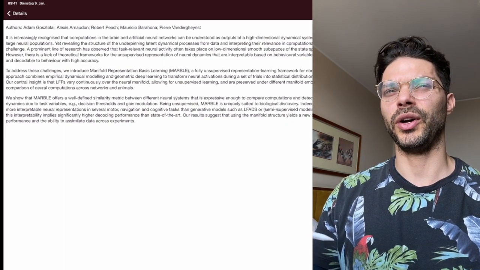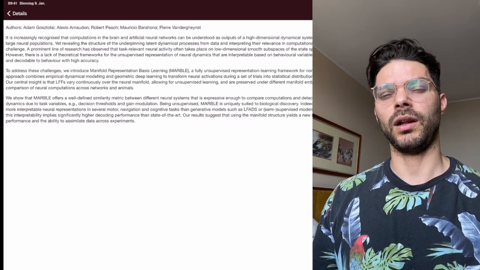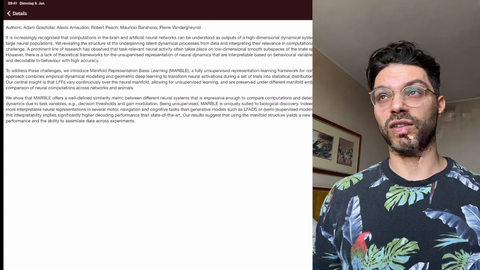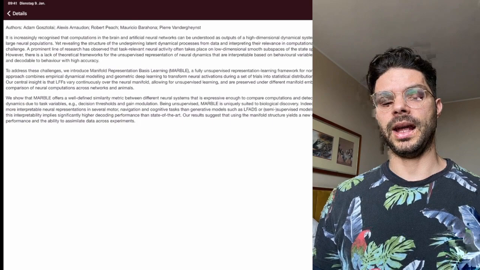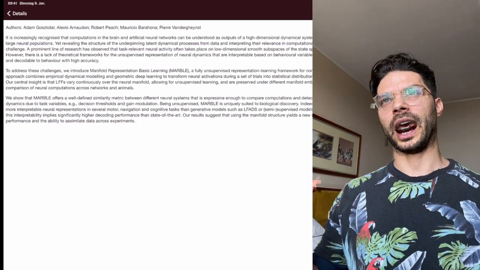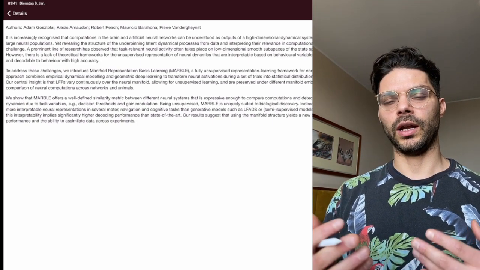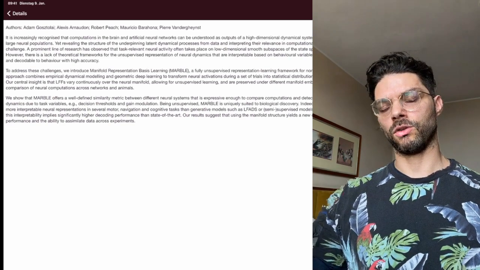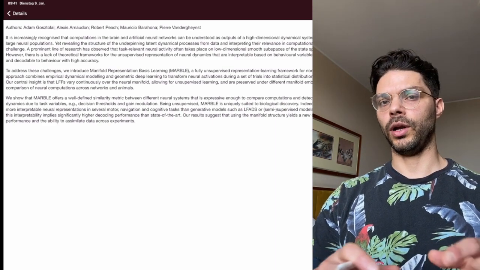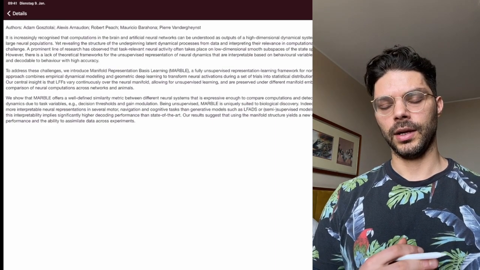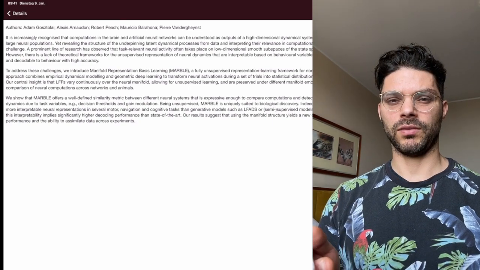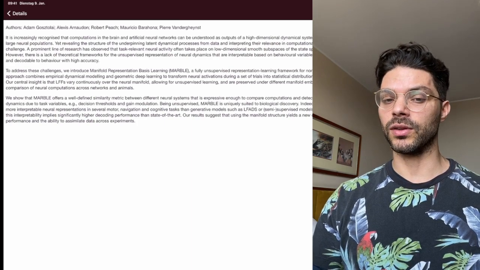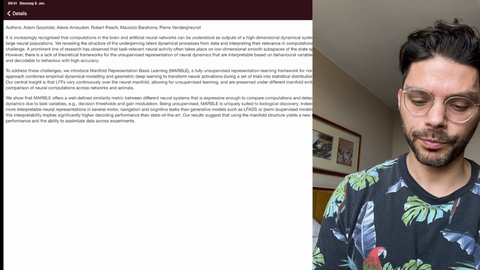You're going to have the brain solving something, or an RNN solving something, and you want to understand that, and it will frequently turn out that high-dimensional activity has a much lower latent or intrinsic dimension. So you're seeing a high-dimensional projection of low-dimensional dynamics. That's helpful because we have a chance of understanding those low-dimensional dynamics, just because with a smaller number of dimensions, maybe it'll be more understandable.